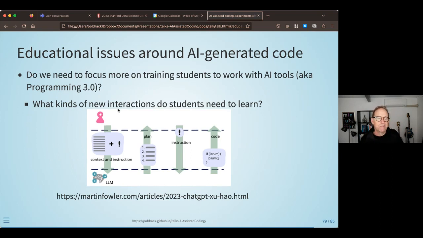And I think, just to continue on that thread, we need to think about how we can train students to work more effectively with AI tools. People have started calling this programming 3.0, sort of programming as prompt engineering. And there's now a number of new ideas about the kinds of interactions that can improve the performance of